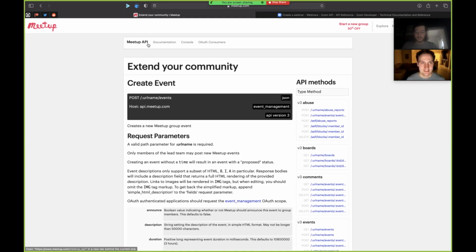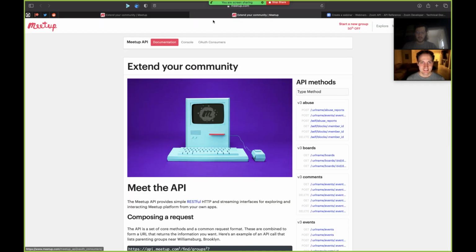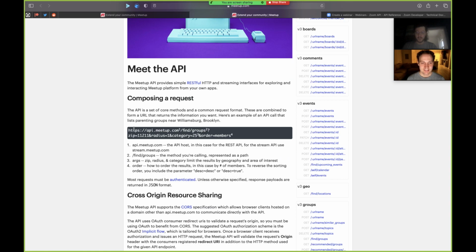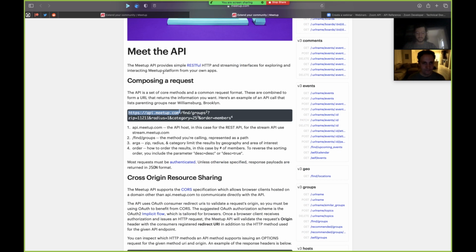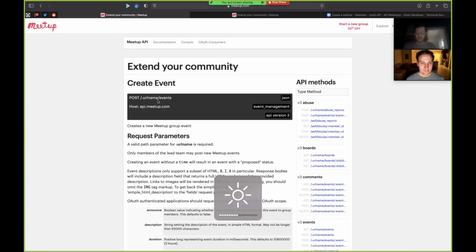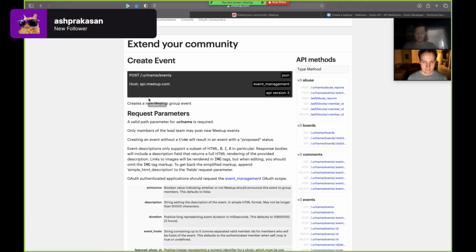So it looks like, yeah, the API isn't ideal. Right. So I'm going to see that, yeah. So it is HTTPS. So everything starts with https://api.meetup.com. And then it looks like some kind of, yeah, /URLname/events.